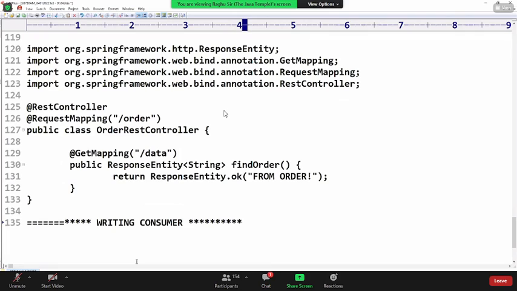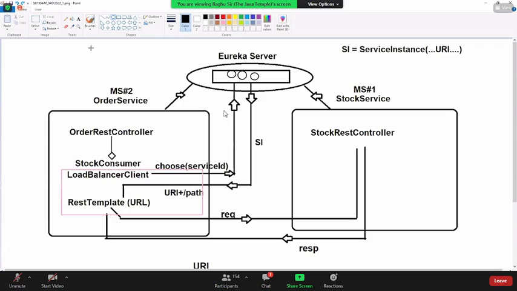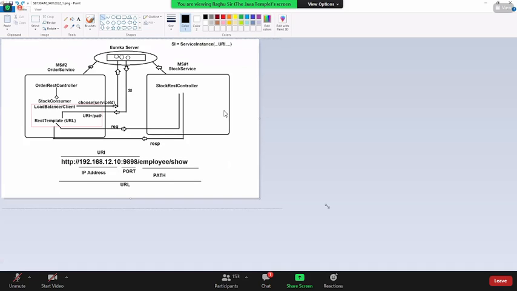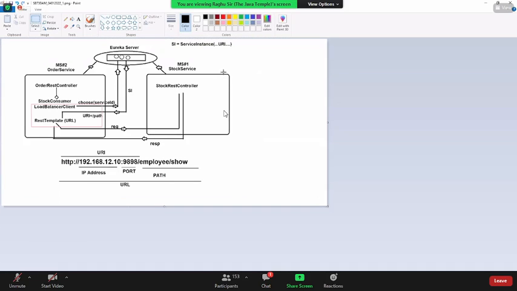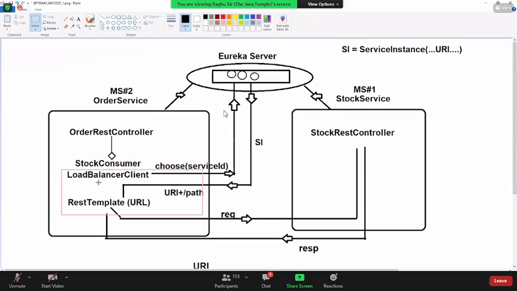Writing consumer. This is important here. What do we have to do in the consumer? What will the consumer actually do here if we observe? Autowire this load balancer client, call choose method, pass service ID, return the service instance, read the URI, add the path, use REST template, make the request, get the response.